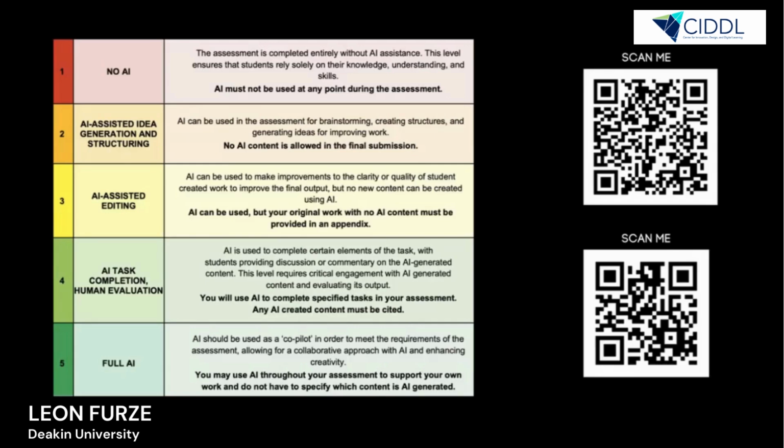Level 4, AI task completion and human evaluation, is a side-by-side where the AI is doing quite a bit of work, but so is the human. And importantly, the human student is being very critical with the AI's output. And at level 5, we say that AI can be used in any capacity, whatever tools are available to the students. And level 5, realistically, is how many students will be interacting with these technologies once they're outside of the